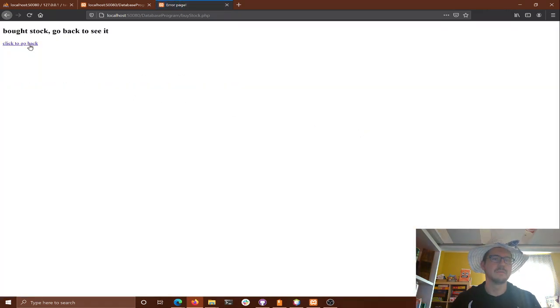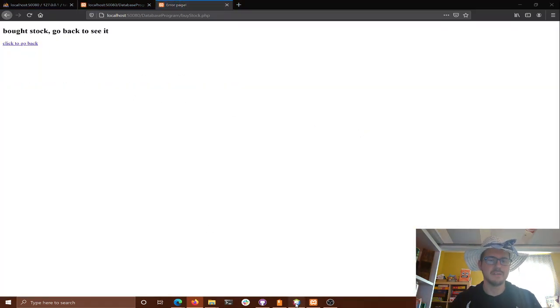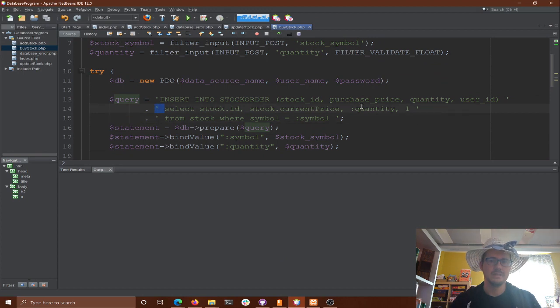Resend. Okay, we bought the stock. So I think it was just my spacing here. I didn't have the spacing in between these maybe. It was probably running together somewhere in here. Maybe, oh, from the from. I didn't have a space between 1 and from. So I was getting confused there.